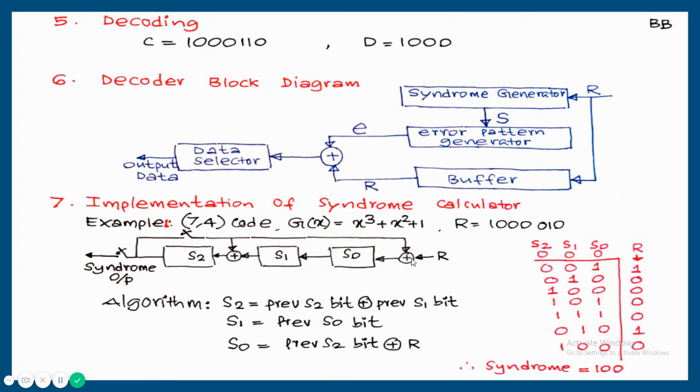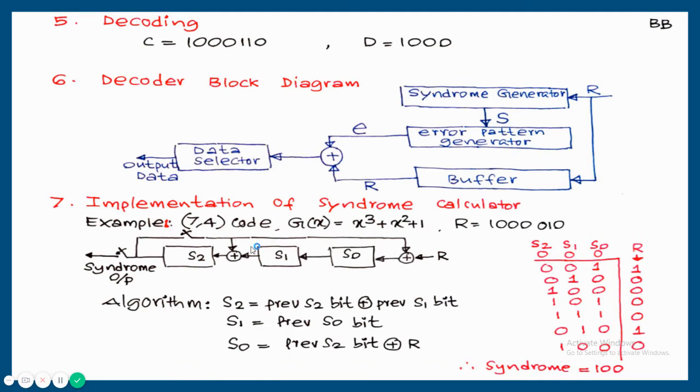feedback will be here. Now, all of you know that result. Where is the next XOR? That depends upon the x value between MSB and LSB. Here it is x square, so if x square is there, it is between S1 and S2. If it is x, it will be between S0 and S1.